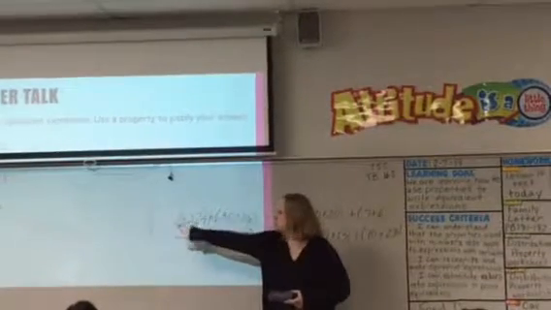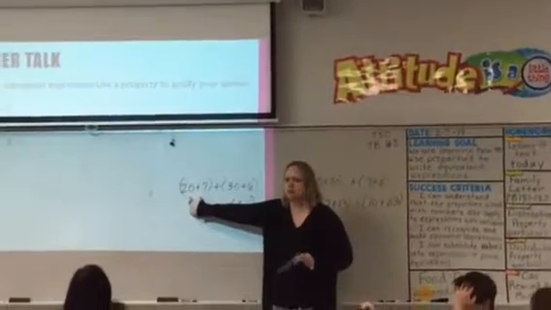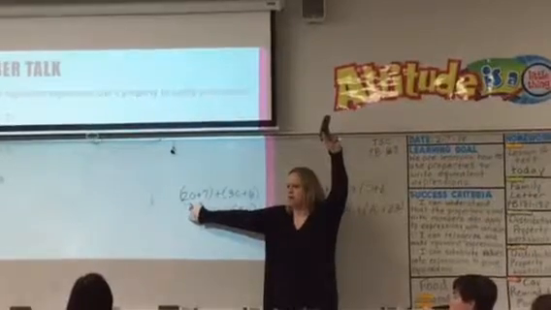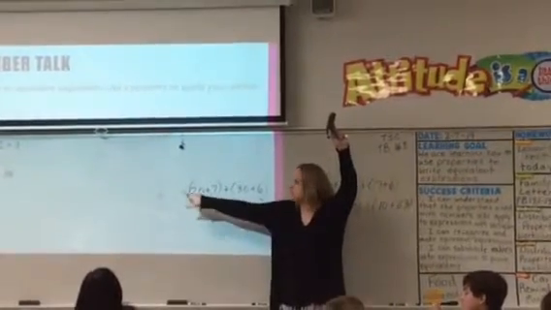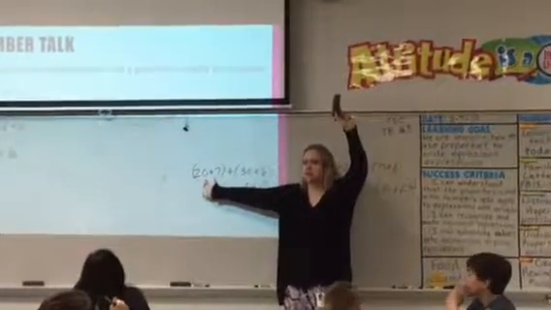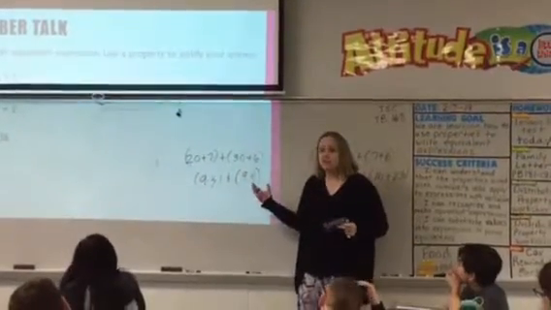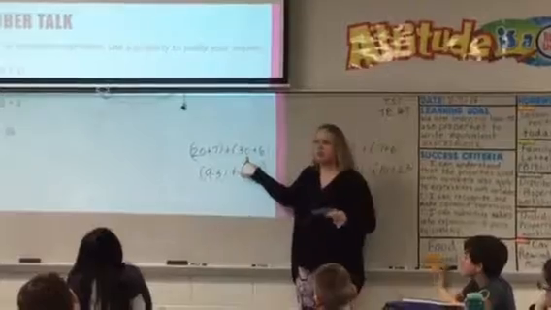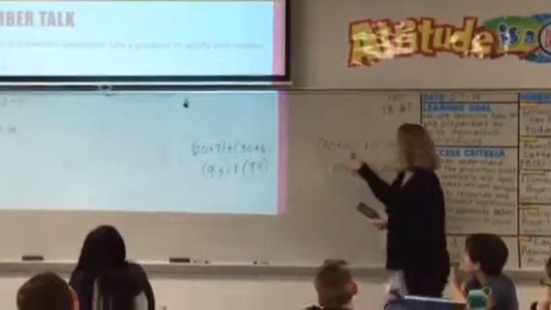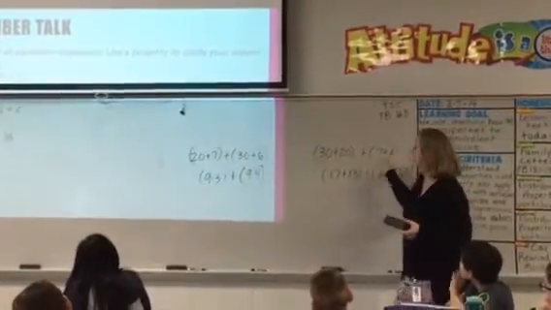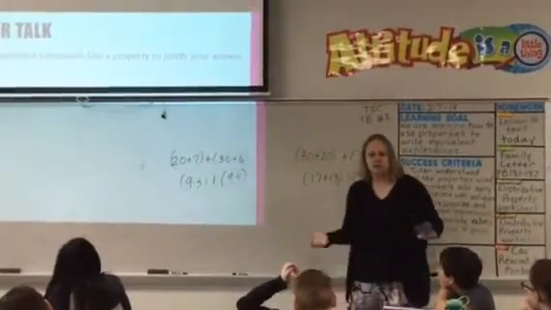What did he do to 27? Do you remember what we called this? You learned this in elementary. That's the standard form. This is the expanded form. So he did the expanded form. Is it easier to simplify by adding 20 and 30 to get 50, and then 7 and 6 to get 13, to get our